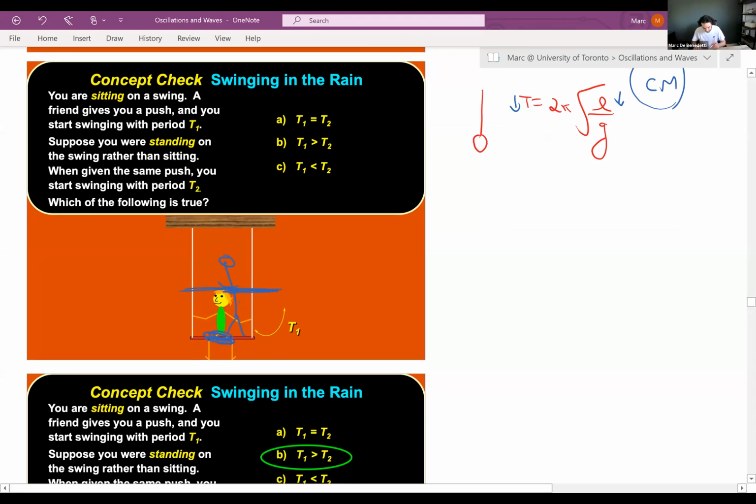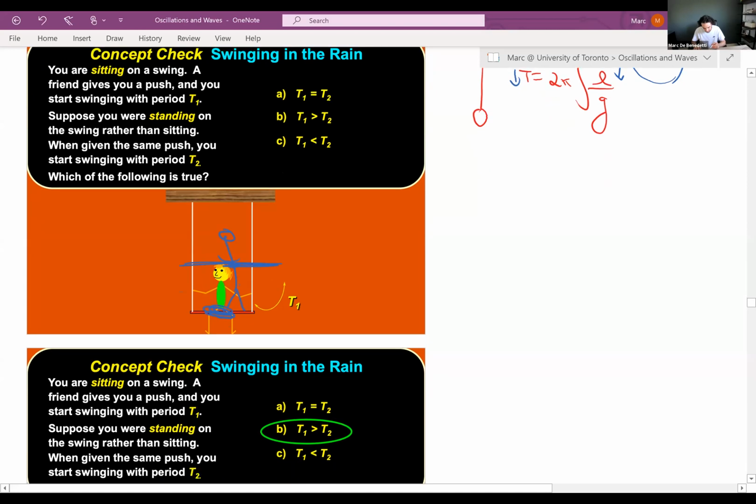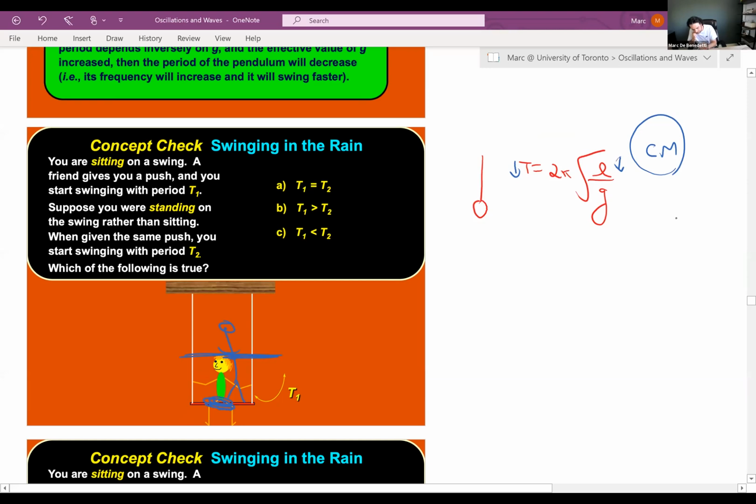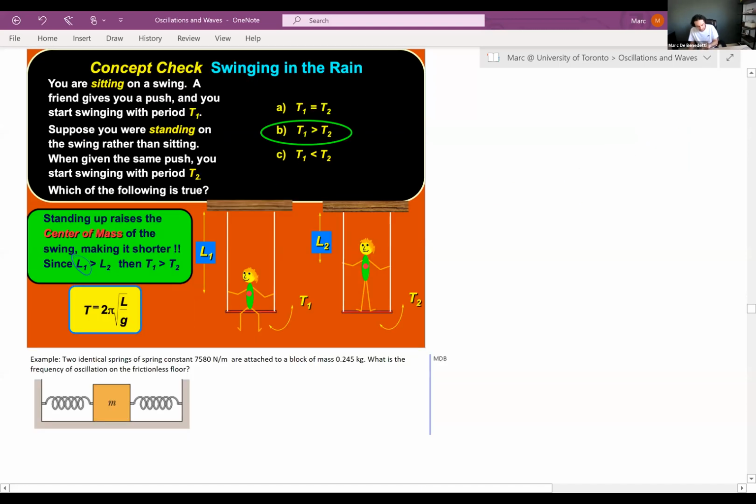Wait, what's happening? If you're decreasing the length, what does this say? L1 is longer than L2. Sorry, I'm getting myself mixed up. It takes longer. If it takes longer, then